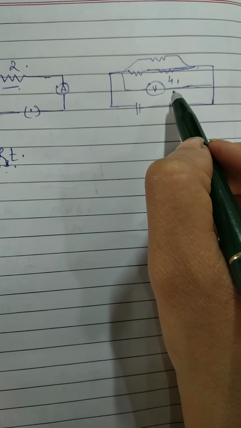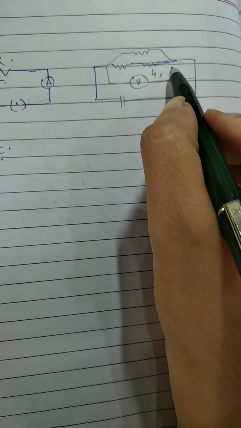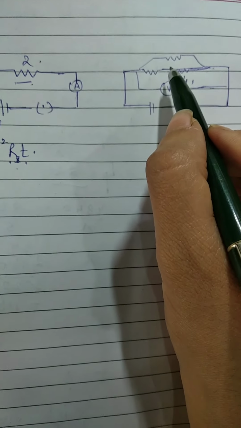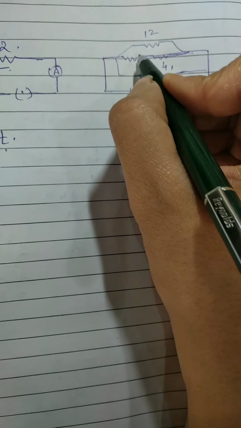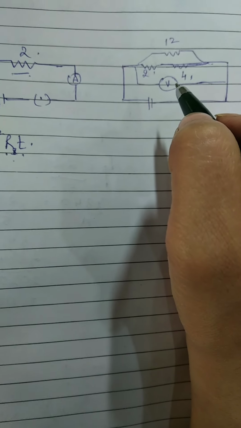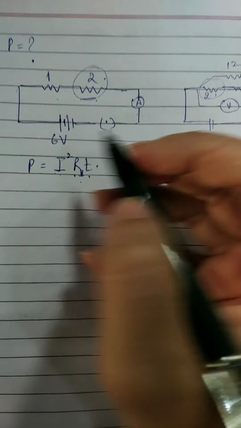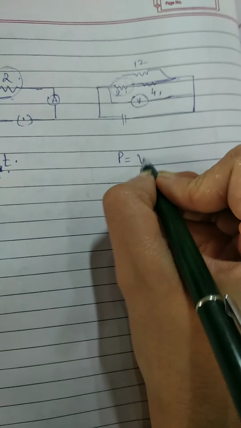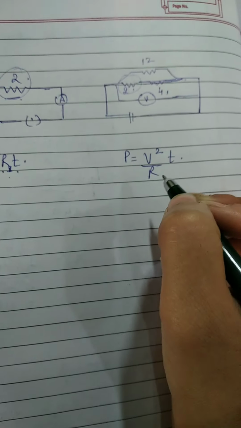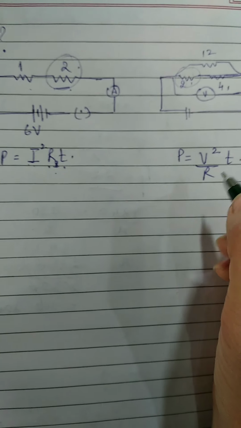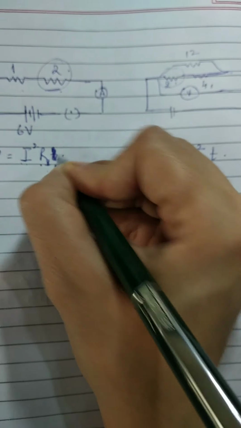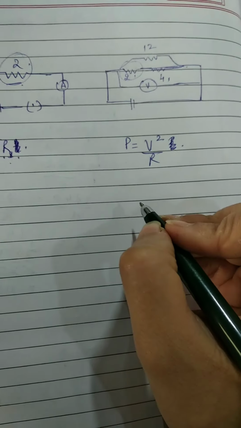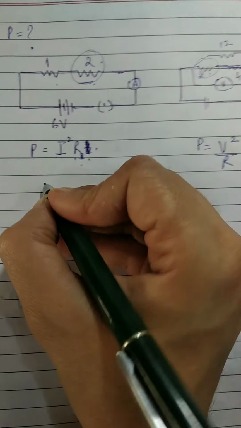And this is 4 volt. Remember, a battery is in parallel. In that particular case, we'll be considering the two resistors in parallel to one another. And what are their ratings? 12 and 2 ohms. So in both the cases, we have to find out the heat, that is the power through the 2 ohm resistor, right? So first of all, for this, we'll be using the formula V square upon R into T. Right? Not T, because that's the heat formula. We'll be making use of the power formula, that is V square upon R and I square R.